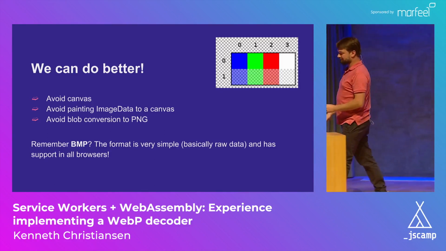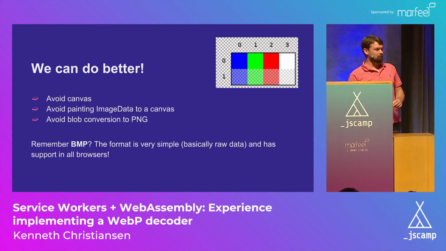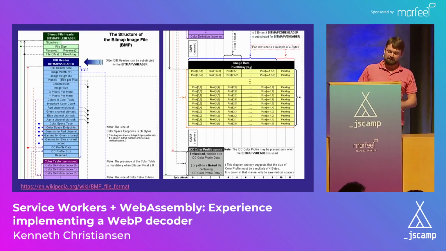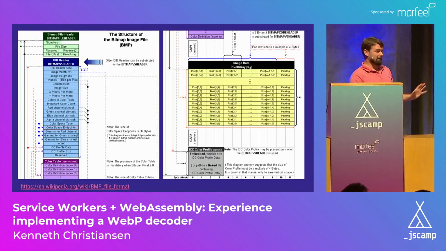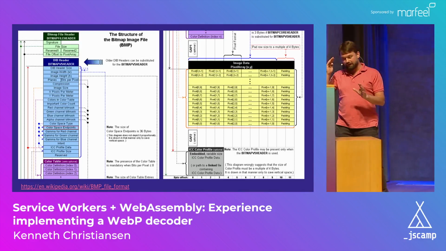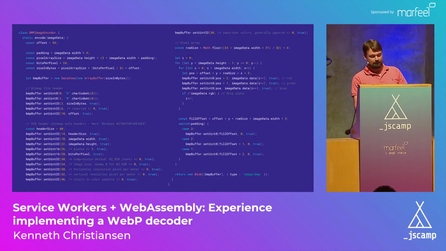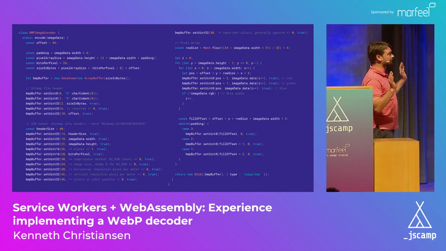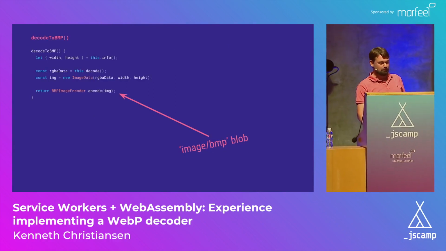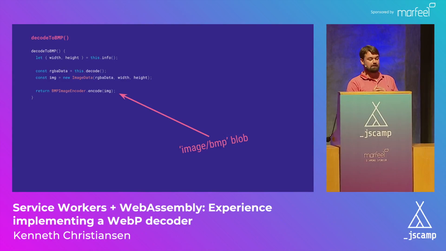I remembered that I used BMP back in university when I was doing my first ray tracer and had to get an image out. So I looked it up on Wikipedia. This might seem a bit overwhelming, but it's just a header. You just go through every one of these steps: what is this image, image width, image height? This is the amount of code it took for me. So this is my small BMP encoder.